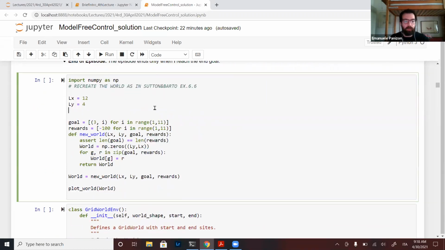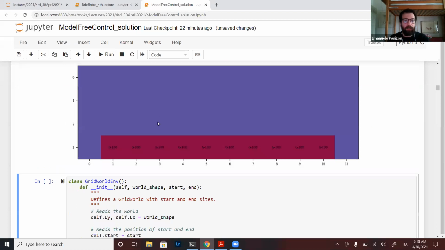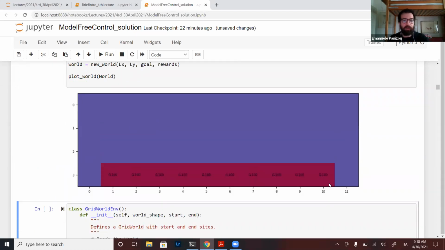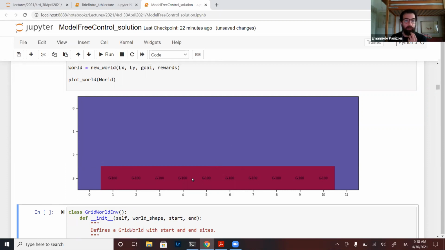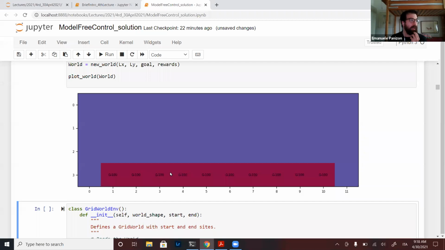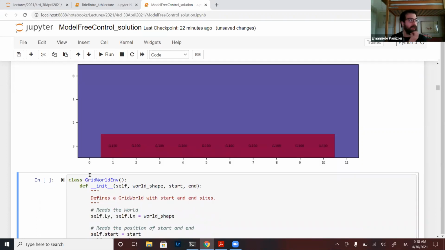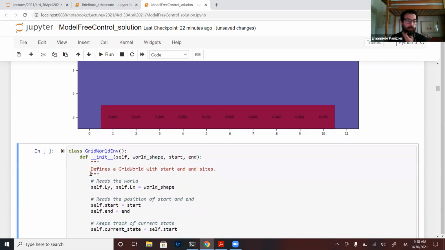Okay, I'm creating the world, which is like this. You can see it's basically a rectangular world. We will start in the left bottom corner, and we will end in the right bottom corner. All move actions cost 1, but if you fall from the cliff, you break your legs, it costs 100, and you start from the beginning. So do not fall from the cliff. It's the main message of today's lecture.